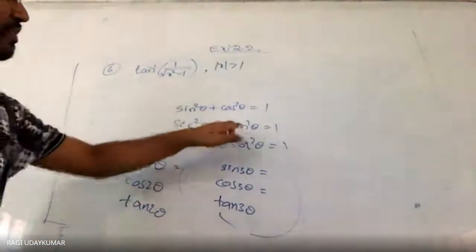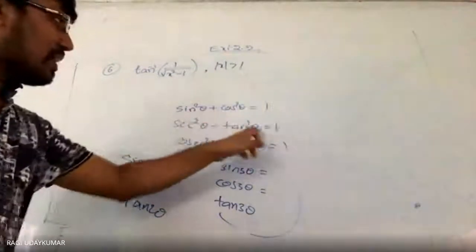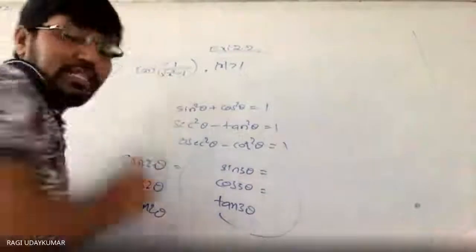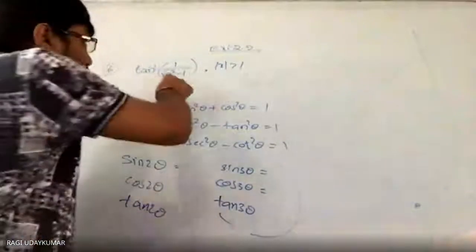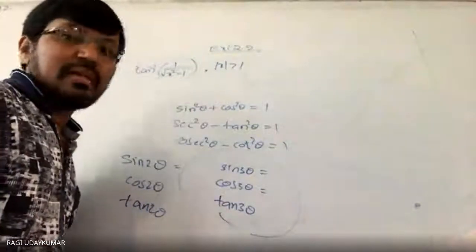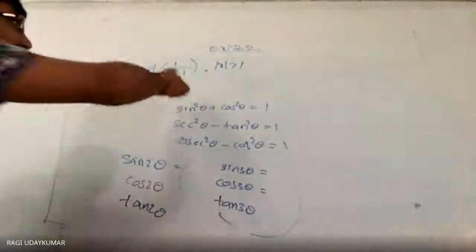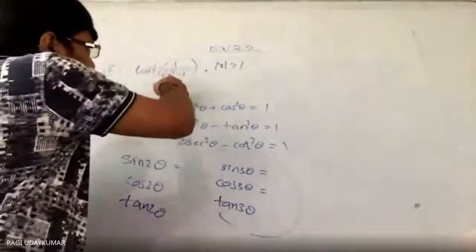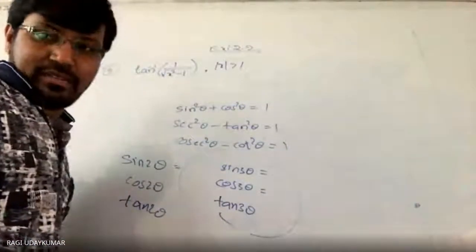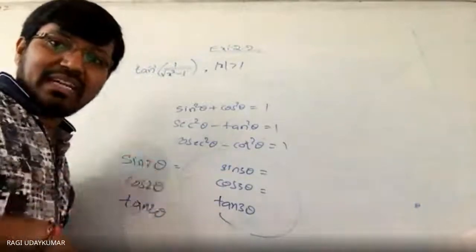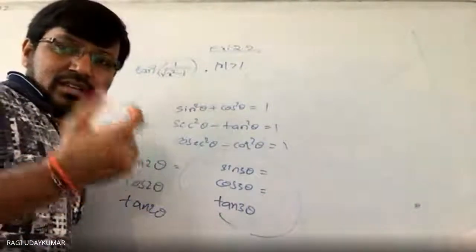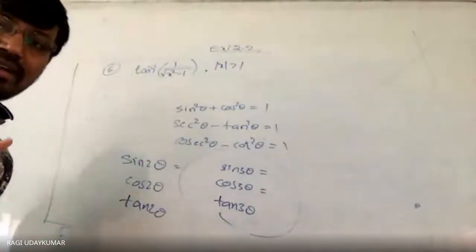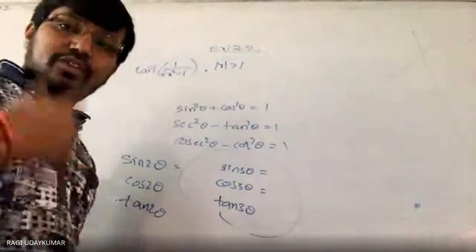It looks like secant square theta minus 1, so we can substitute x as secant theta, or you can substitute cosec theta. If you substitute secant theta in place of x, you get secant square theta minus 1, which is nothing but tan square theta. Under the root, in the denominator you will get tan, so 1 by tan is cot theta. So we get tan inverse of cot theta. Again, the cot should be converted into tan.